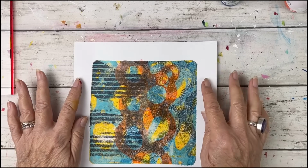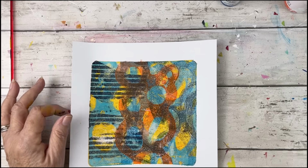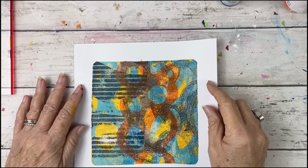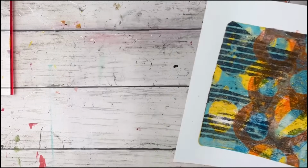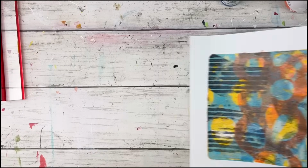Not one for doing compositions on gel printing. My gel prints, if you haven't been here before, my gel printing is strictly, let's make collage paper. So the composition of the final print is really not all that important because I'm going to be cutting it up and gluing it into collage. All right, so this was the 1 layer at a time using the registration tool. Now this one